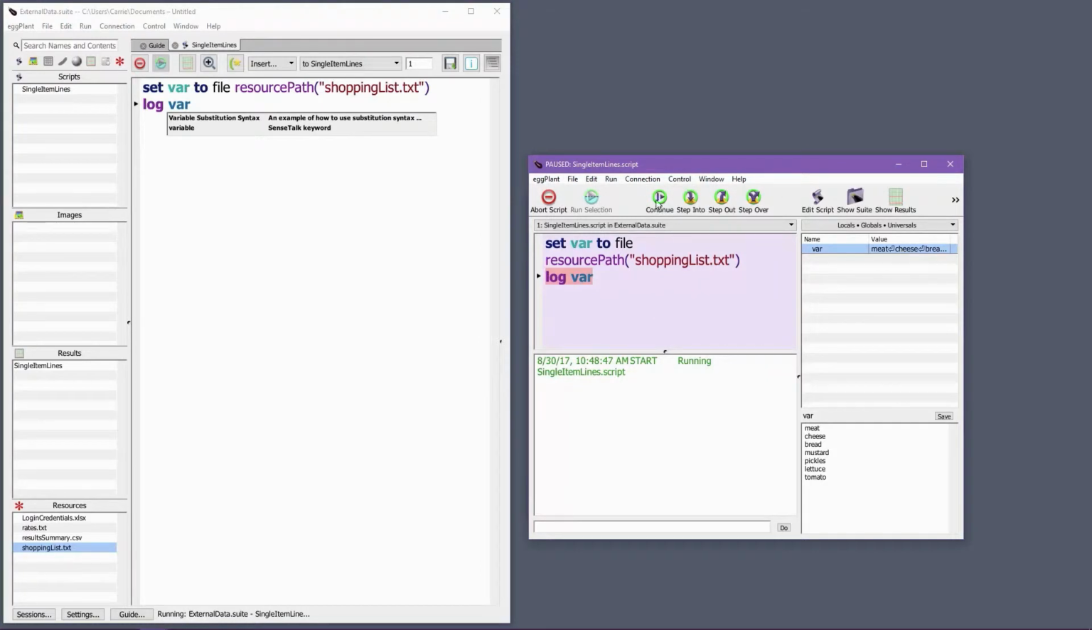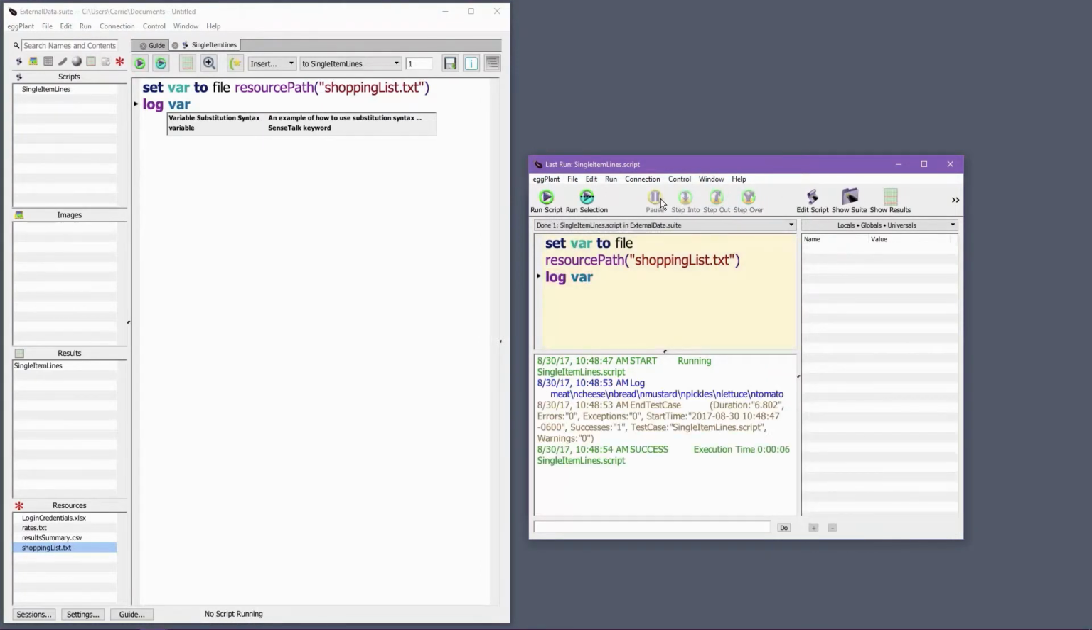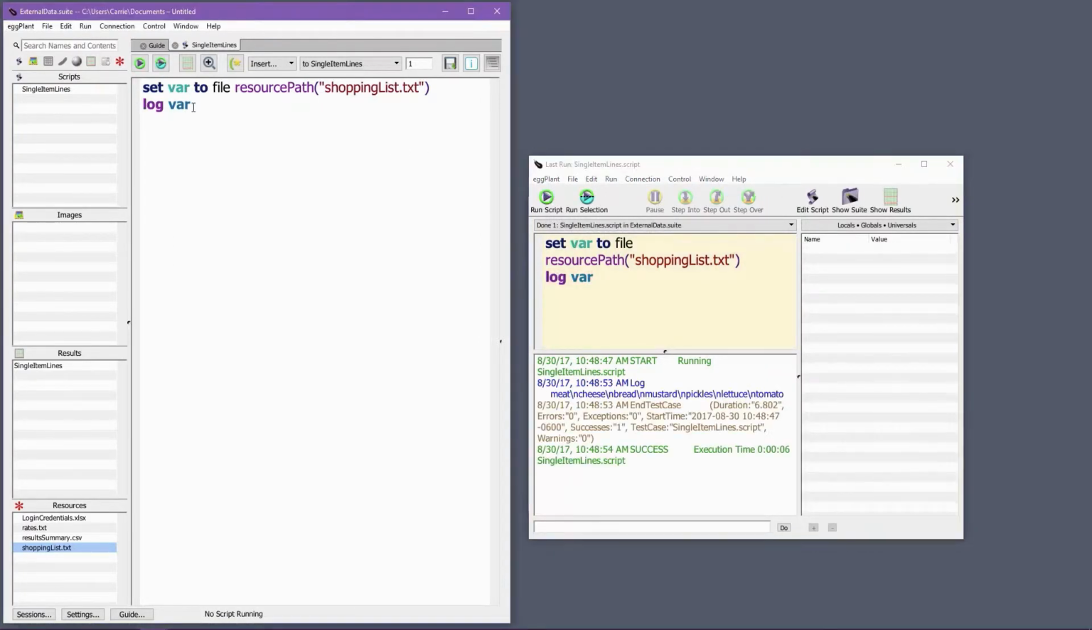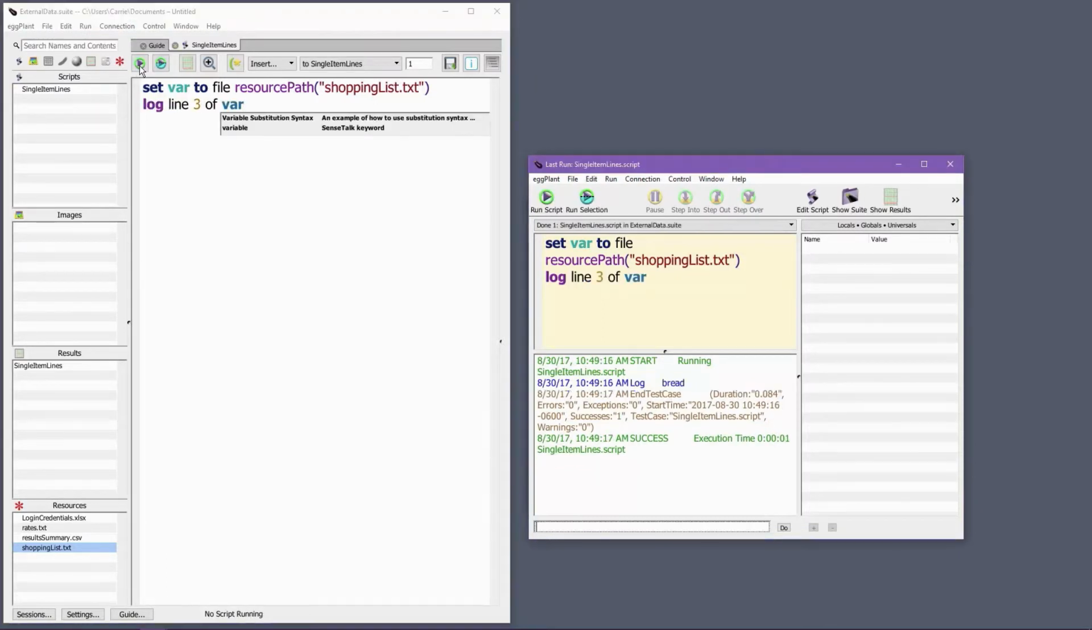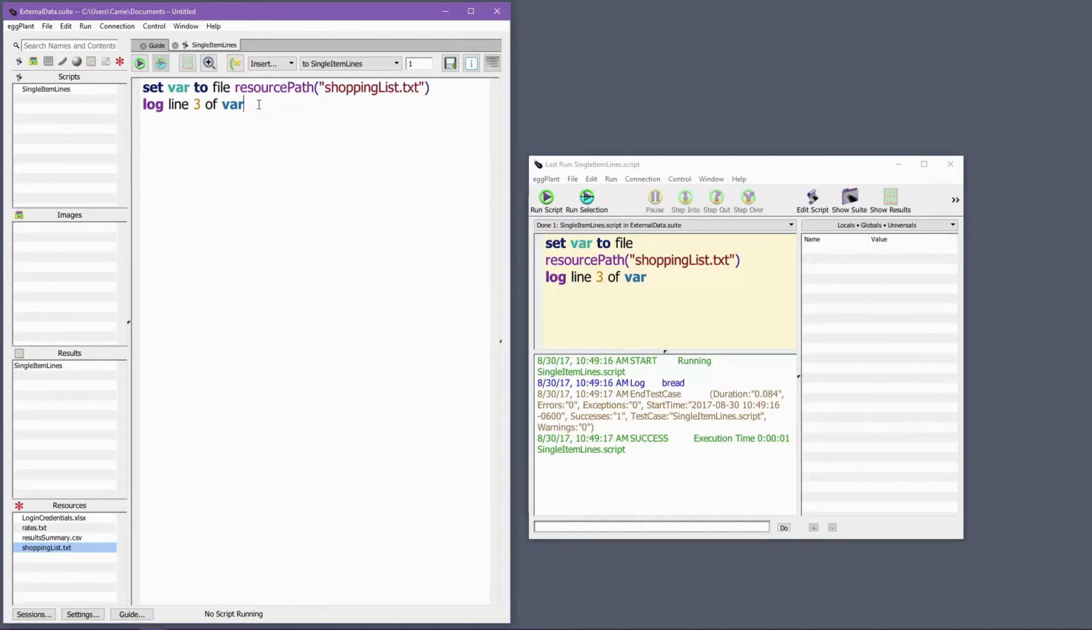It's possible to access specific lines of the contents stored in the variable using the line keyword. This example will log the content of the third line in the variable. Iterating through each line of a file while performing a set of actions with the data on that line is